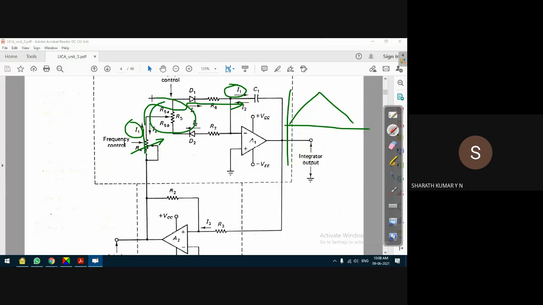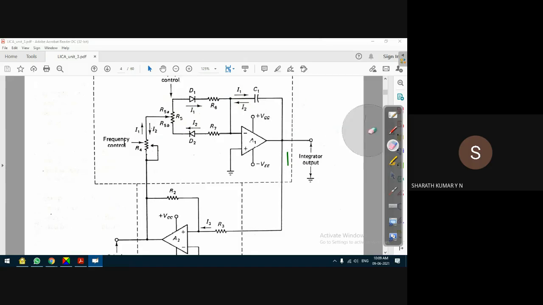And for the duty cycle, a resistance R5 is used. Since it is a potentiometer, it has two parts, R5A and R5B. The idea here is, for example, let us say this potentiometer is towards the bottom end and R5A is smaller. Then the current I1 will be larger, because the lesser the resistance, the more the current. So the charging cycle is faster and the discharging cycle is slower.